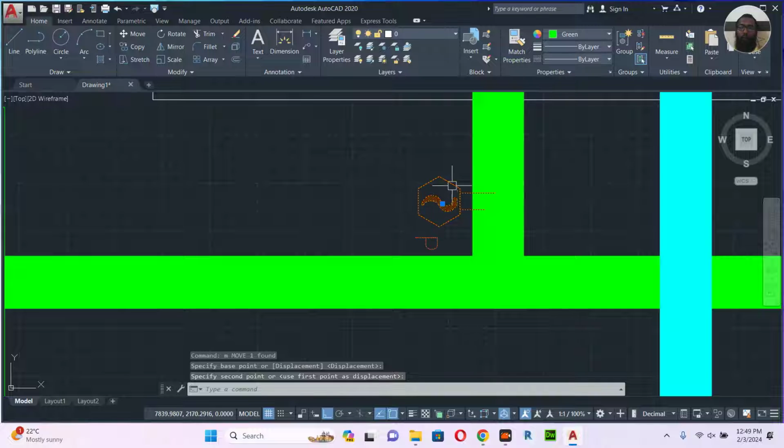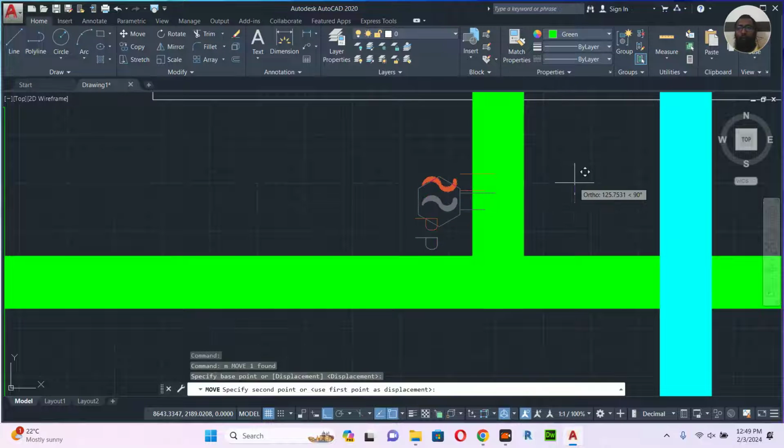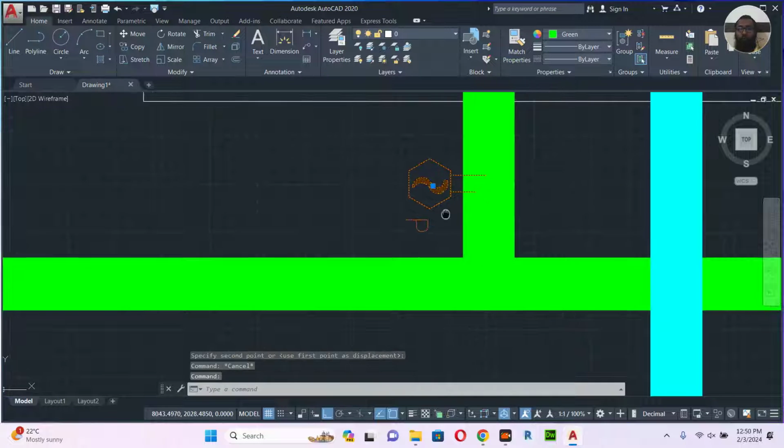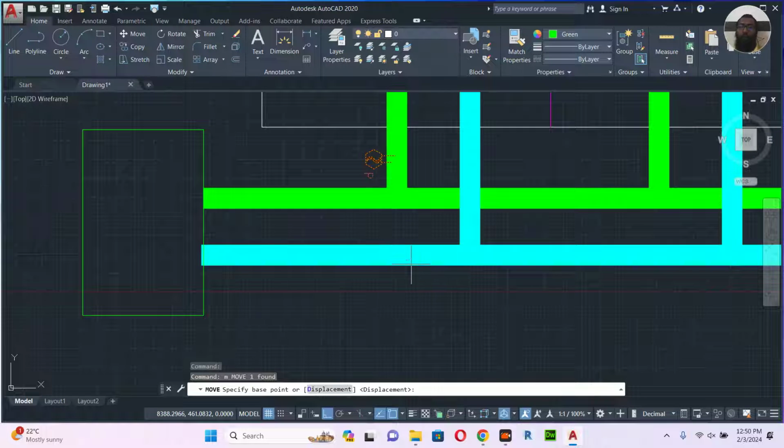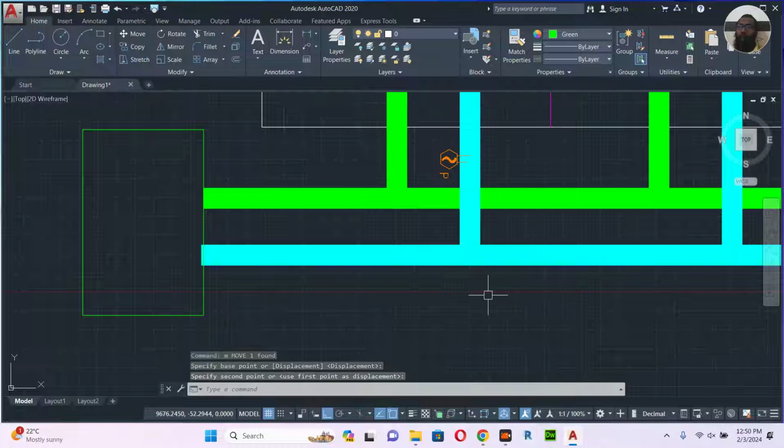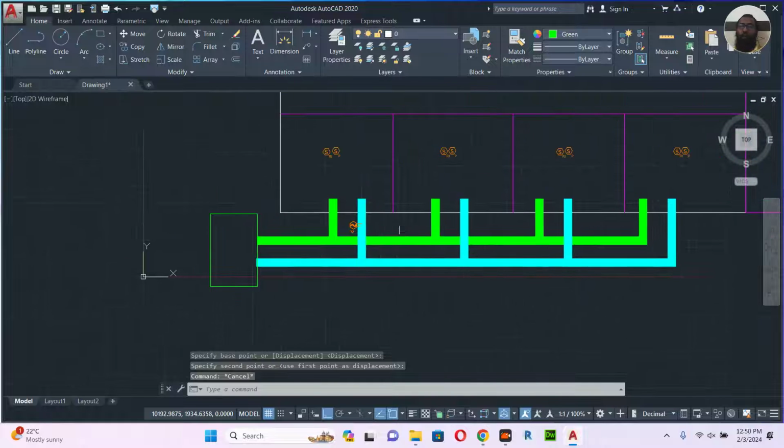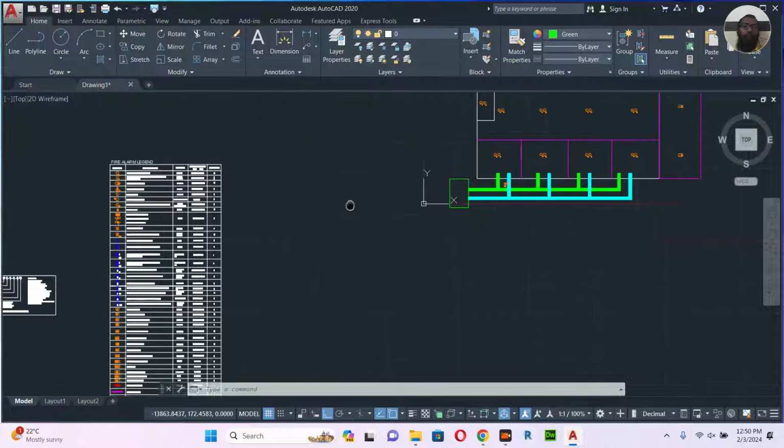Okay, now it's okay. So this is supply, right? So let's put it in the return. It depends. Sometimes they will put it in the supply also. So this is the duct detector. And then the next one,